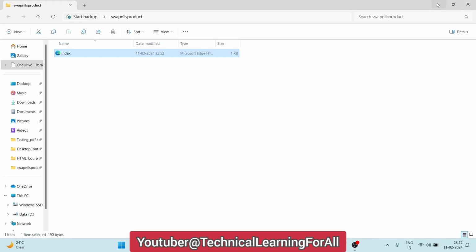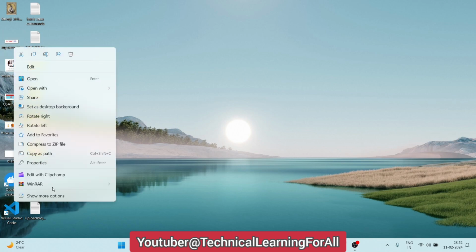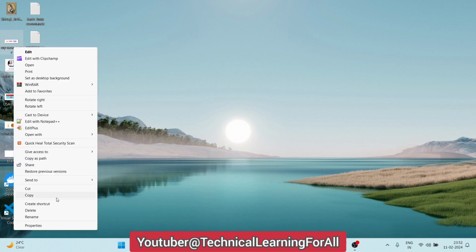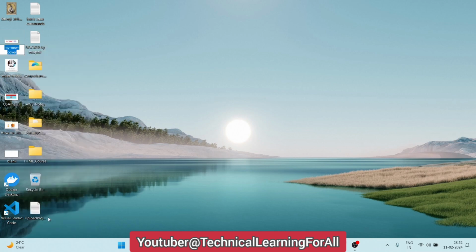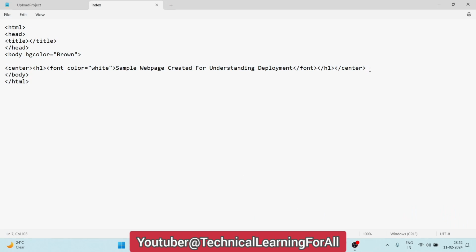So do we have any image? Okay, we will add this cover. Let me go to show more, rename, Control C, copy the name. I will move this image to this folder. So now I want to add the image here. To add the image I will use the image tag, img, and src is equal to